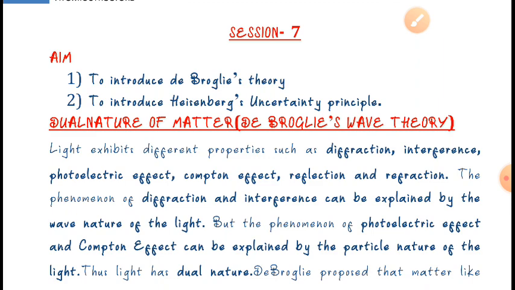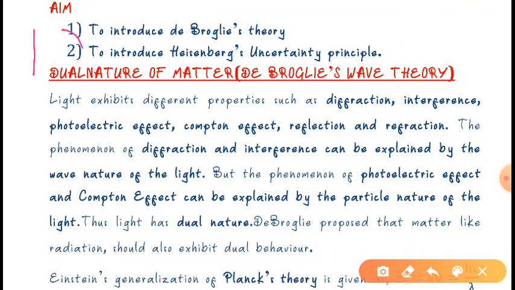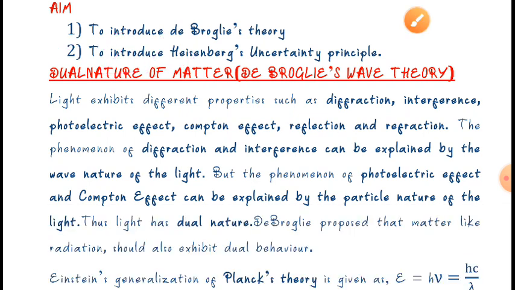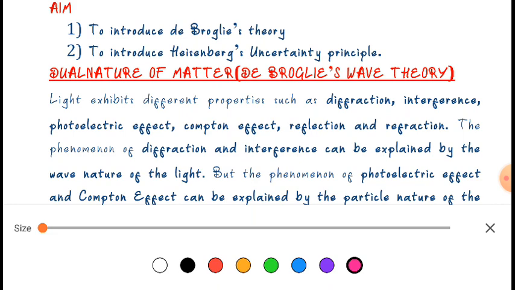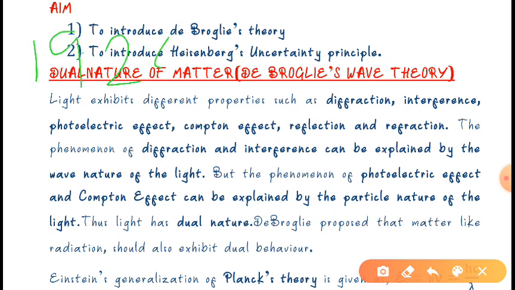Now, in the year 1924, a French physicist, de Broglie, extended his idea of the dual character of light to matter particles, and suggested